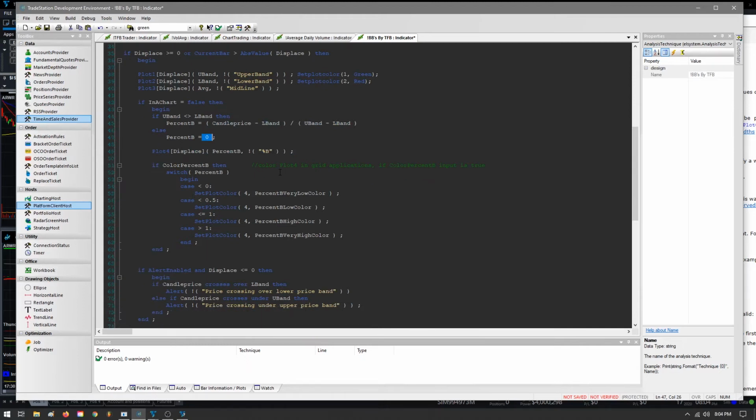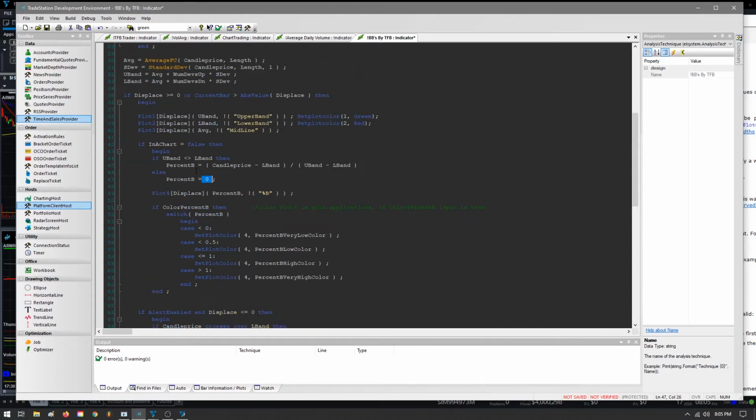Alright, I'm going to have to show you some of mine just to feel better about all this, because I feel like this is all correct, but it's like old English. You can still use it, it works, but it's not the most modern way to do it, and you're not getting the most bang out of your buck. Alright, here's our little note. Color plot floor in grid applications if color %b input is true. Alright, so again,